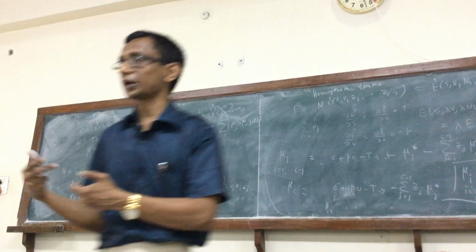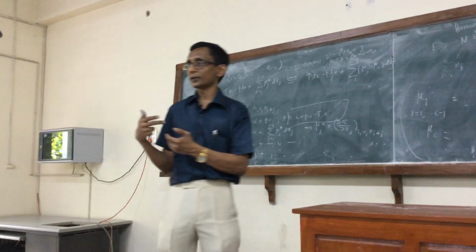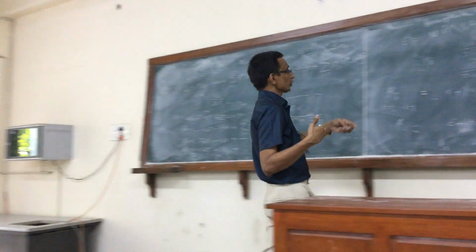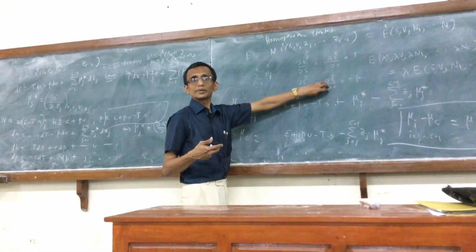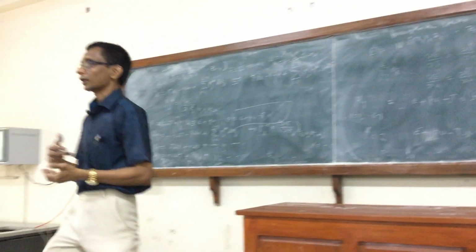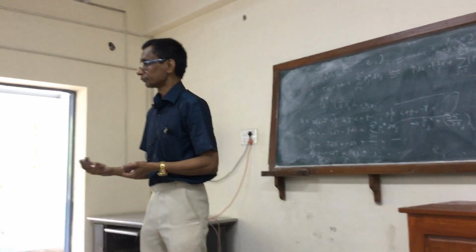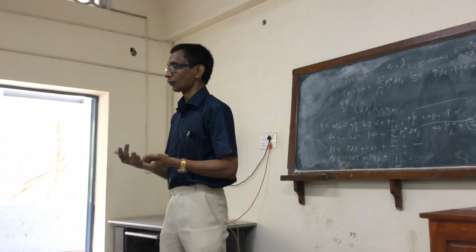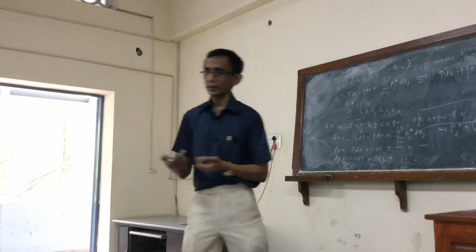So this will have implications for multi-phase equilibrium. Right? So now if you look at this, the significance of these equations is that temperature, pressure, and chemical potential are the quantities that appear in the